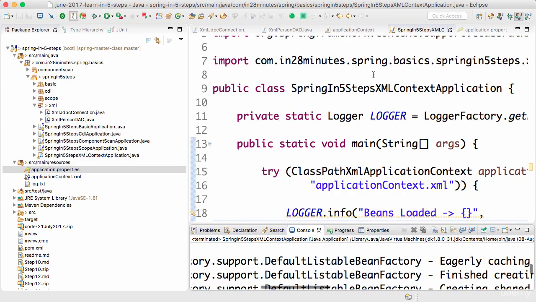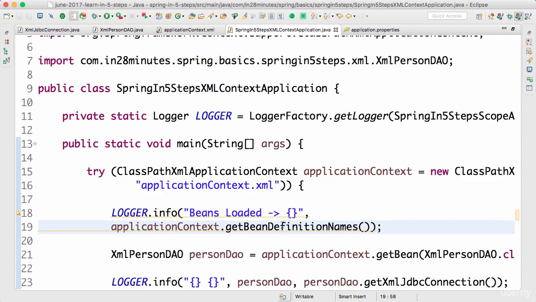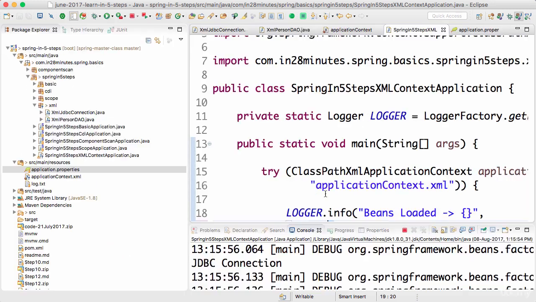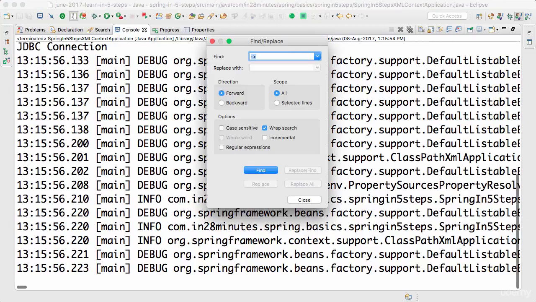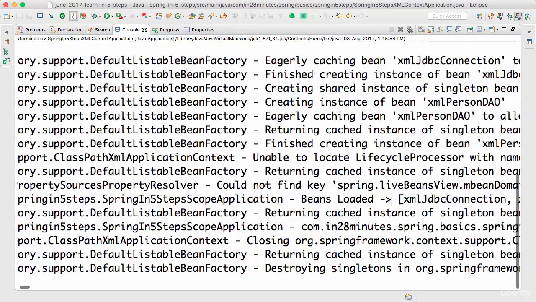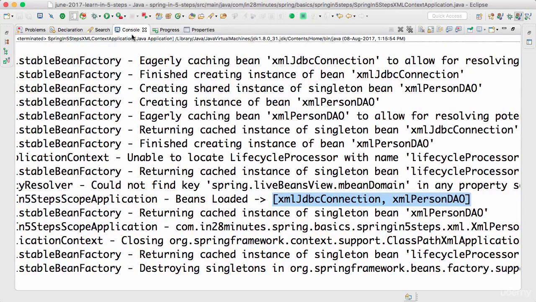The reason is because the logger.info accepts a variable argument, and when you pass an array in place of a variable argument, only the first element of the array is passed and it's replaced in here. I would want the entire array to be passed. So what I'll do is I'll typecast this to an object, and now run this. You'd see now that more bean definitions would come up. So I'm searching for the same thing again. Now you'd see that I'm getting 2 beans which are loaded.